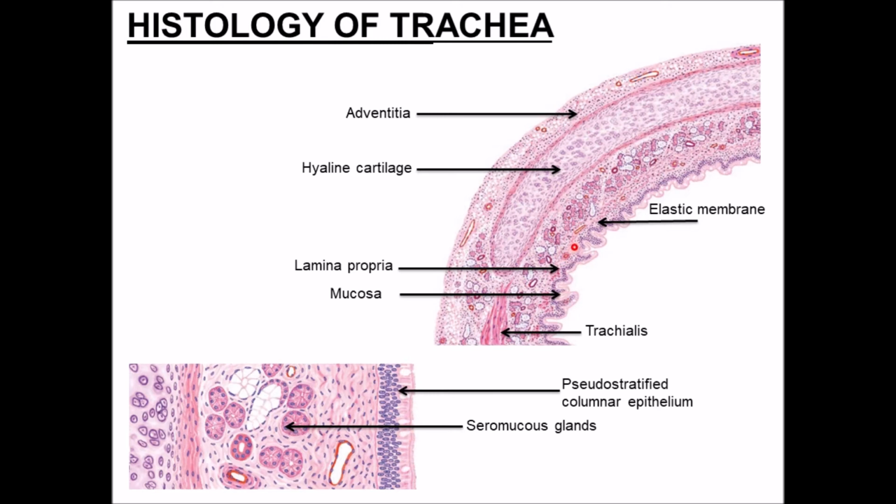The lamina propria of the trachea is occupied by connective tissue fibers and lymphatic tissue. Deep in the lamina propria, the elastic fibers give rise to one membrane, that is known as elastic membrane. This elastic membrane separates the lamina propria from the submucosa. In the submucosa, the seromucous glands are seen. These are the seromucous glands. The ducts of these seromucous glands pass through the lamina propria and the lining epithelium, and finally they drain